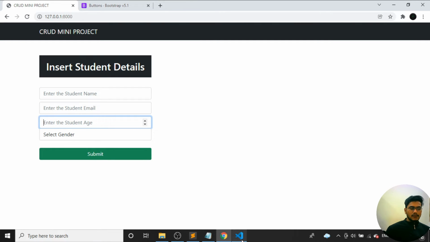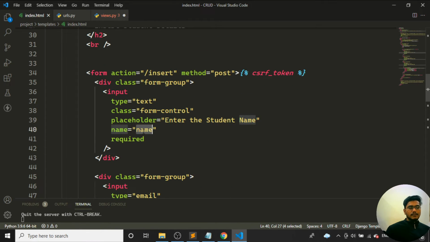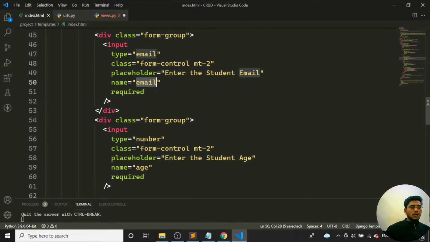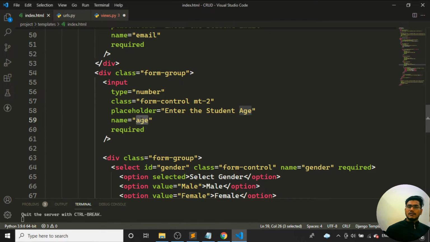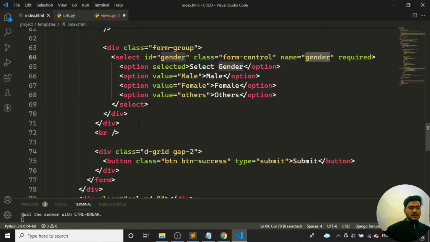We get to know that from name equals name. Whatever input is coming with the name box is what it is going to take. Whatever email you have provided will get stored into a variable email. The age will get stored into a variable age. The value of the gender will get stored into a variable gender. This is how things work.